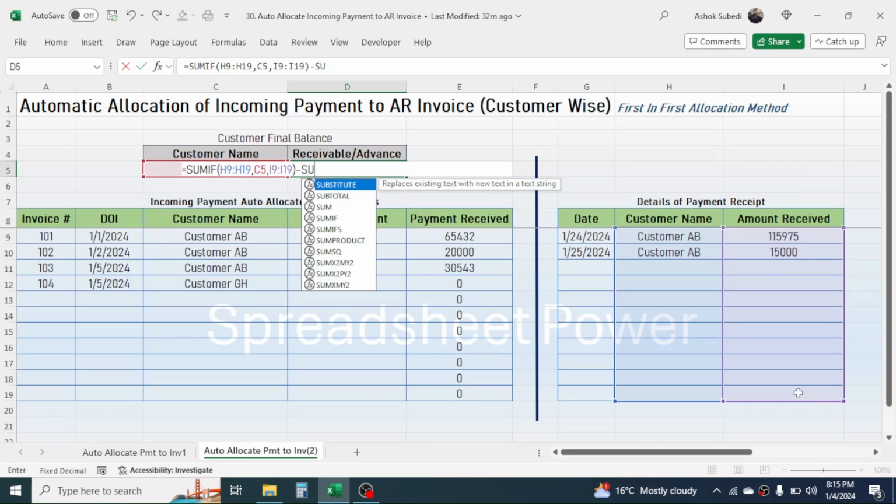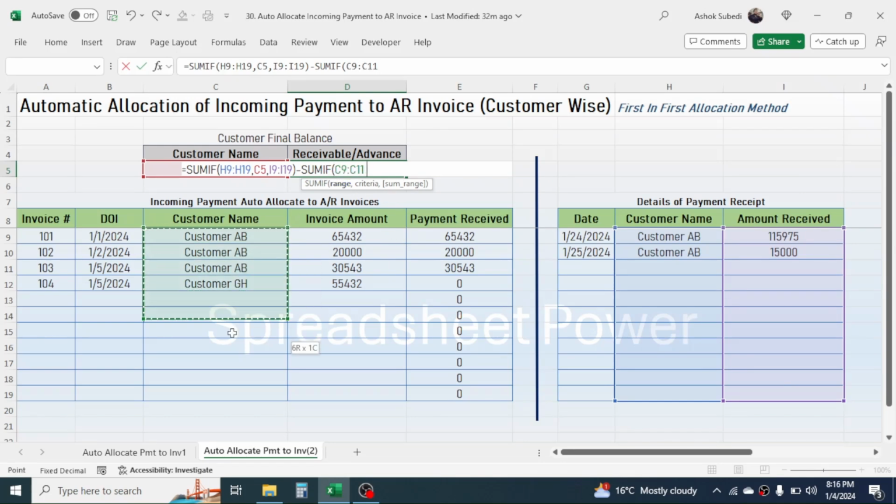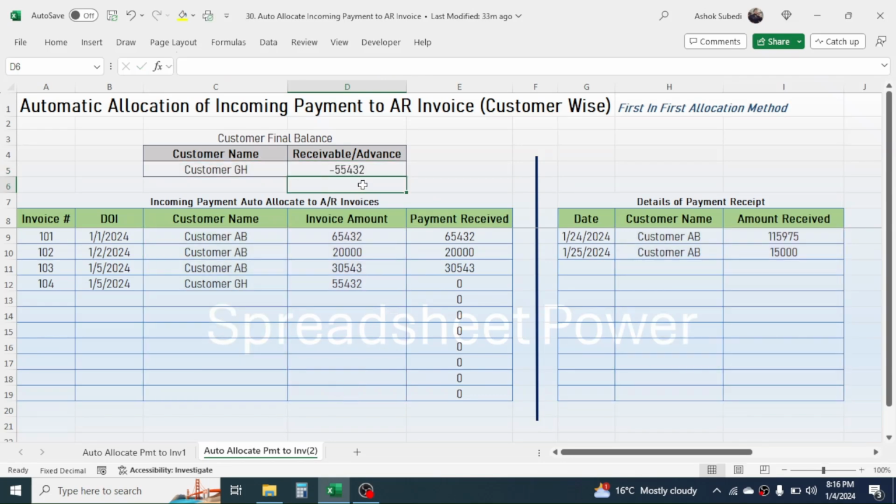then again write another SUMIF, open the bracket. In the range of the second SUMIF, take this customer name range from this payment or auto allocation section, then give a comma. In the criteria select this customer name, comma, and here in the sum range select this invoice amount range this way. Now close the bracket and press enter, and here you see the receivable from customer GH is